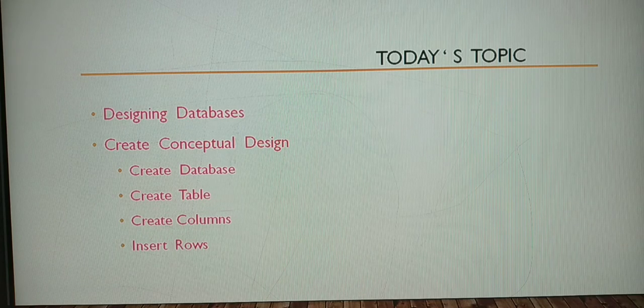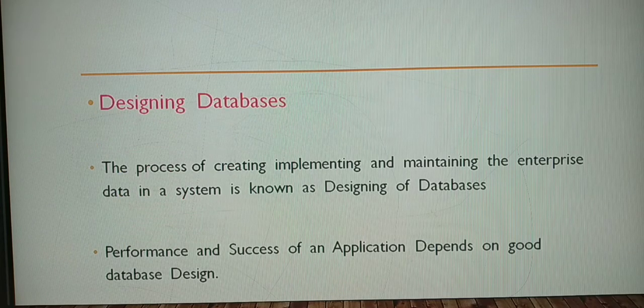Already you know what a database is. A database is nothing but a collection of tables. So what is a table? A table is nothing but a collection of rows and columns. In the rows and columns you will have certain information. That is your table, and a collection of tables will form a database for you. So then what is designing a database? By the name itself you can tell you are going to design something. You are going to design the database.